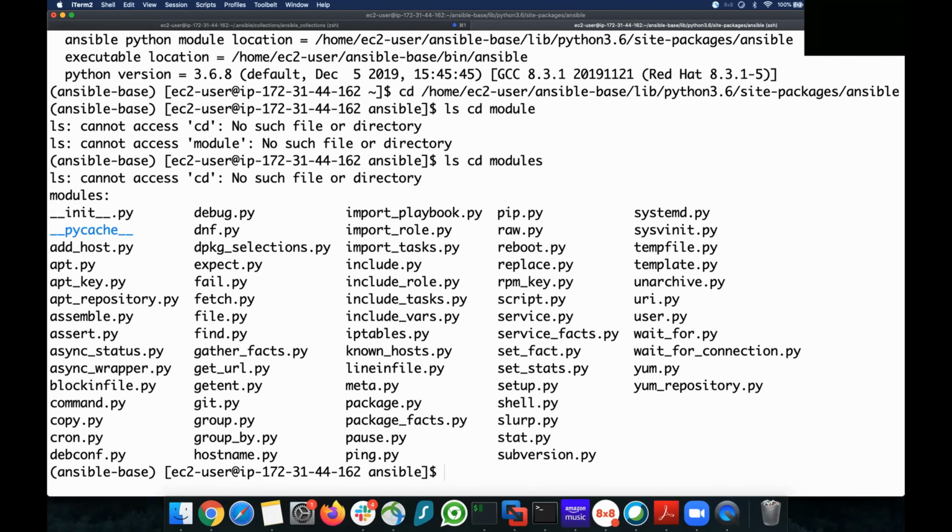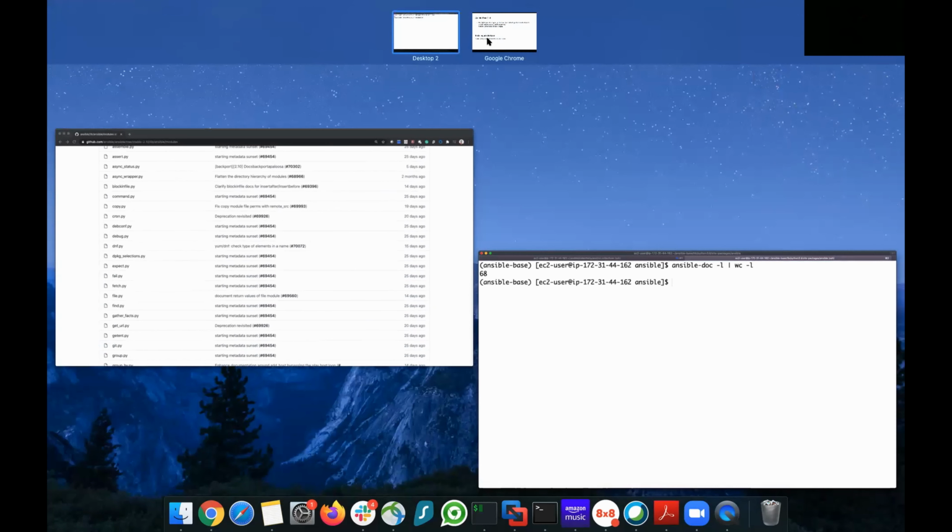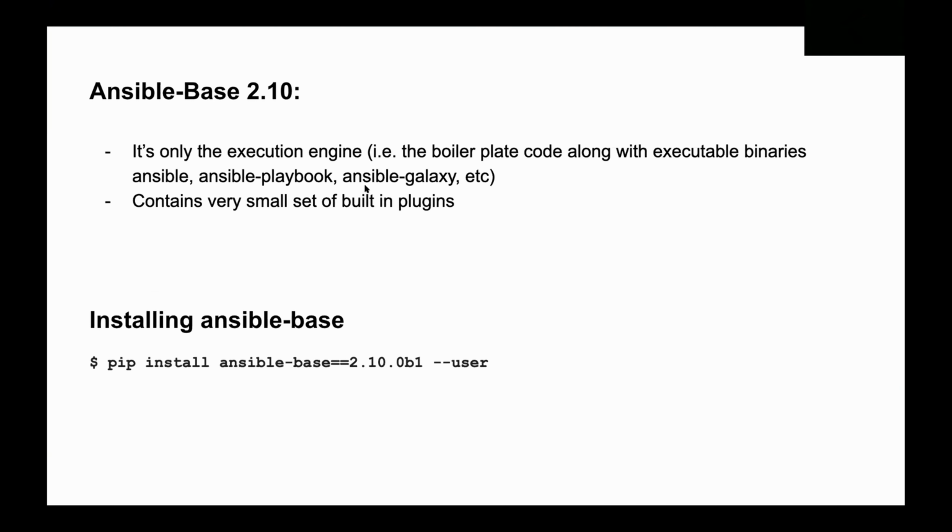Let's also execute ansible-doc -l. This command lists all the modules that are present with the installed version of Ansible. And wc -l. Currently there are 68 modules present with the Ansible base package. And that's how you install Ansible base.